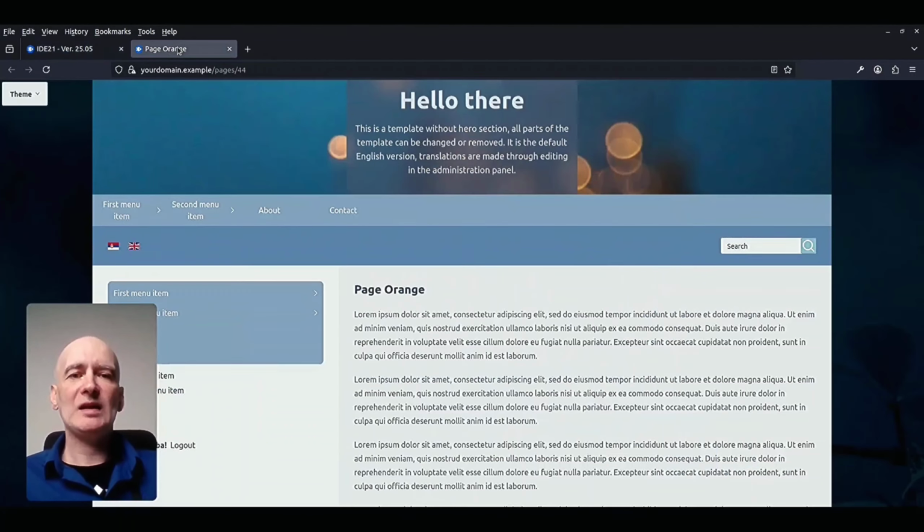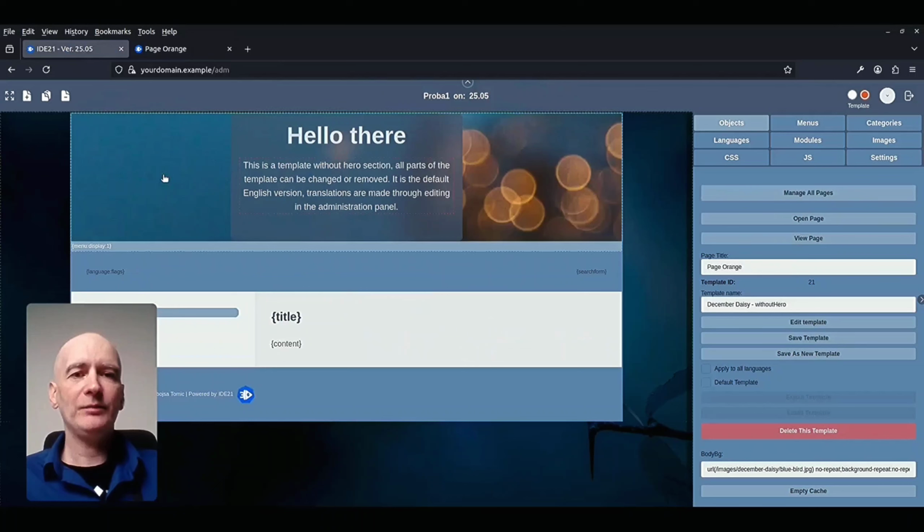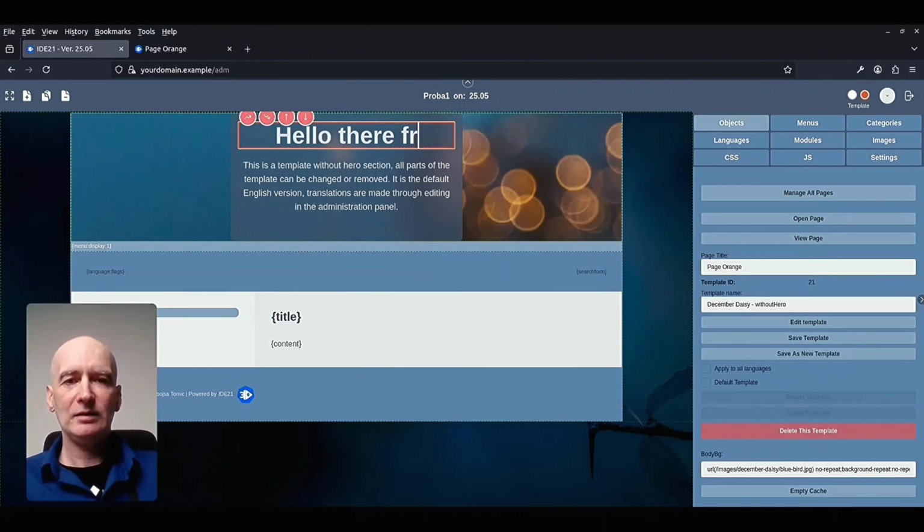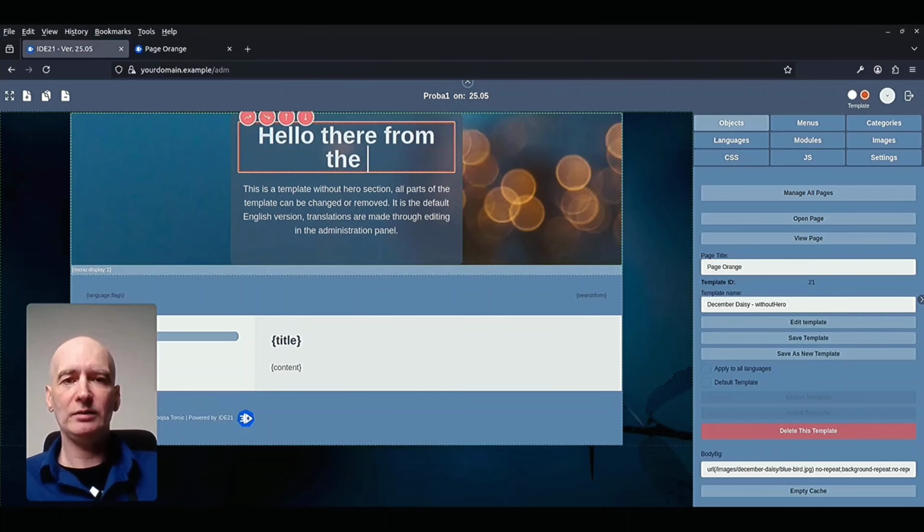For example, when you want to change some text, all the elements that are in the workspace are accessible by clicking on them. So you can just click and add the text that you want.